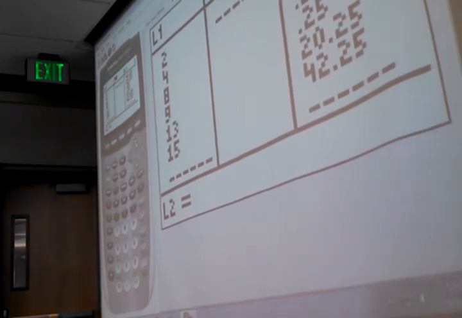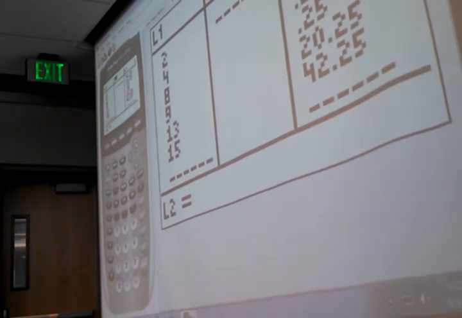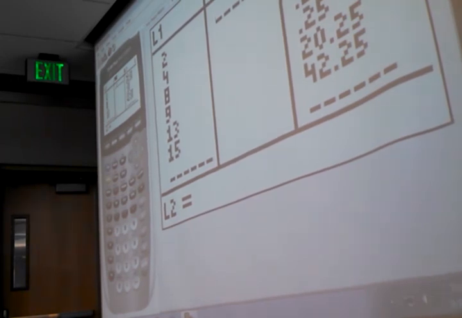So what do you plug into the calculator? All right. So what's it say? What's the second column got to be? All my x's minus the mean. The mean is 8.5. Where are all my x's at? L1. Beautiful. So I want L2. Highlight L2. I want it to be